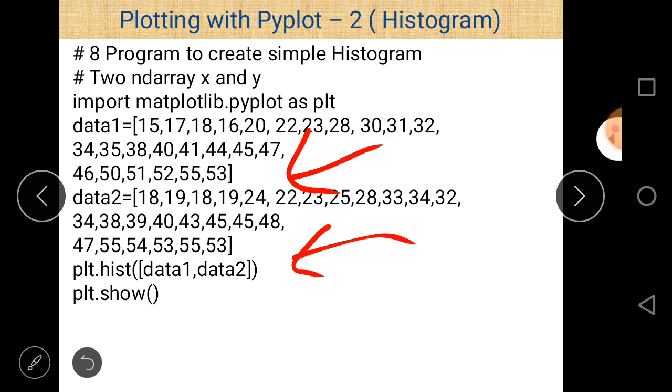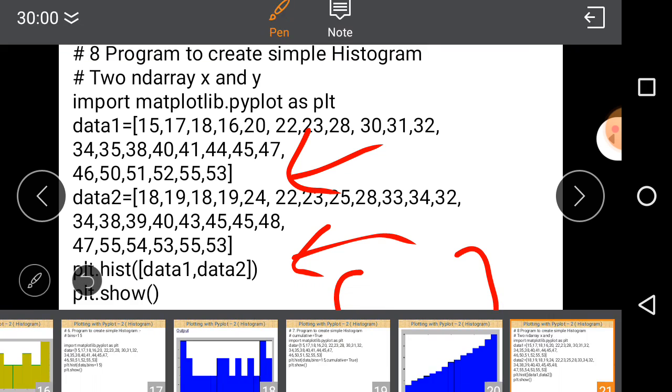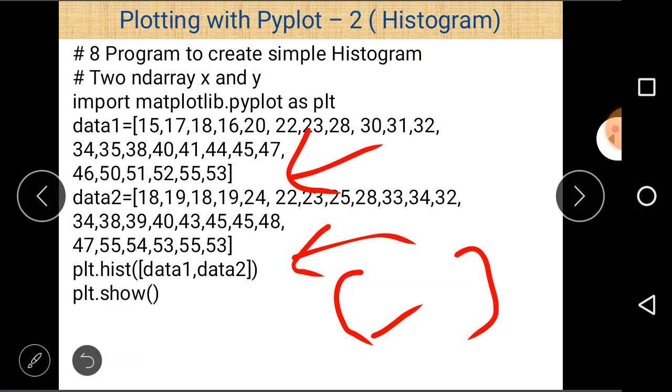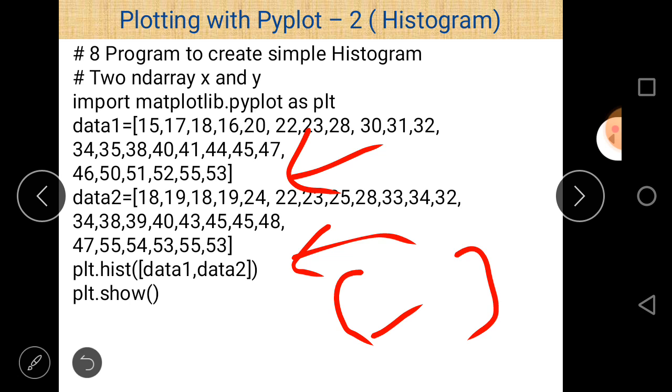What happens if we write two parameters instead of one? First of all, write the two parameters within a bracket. If you don't put brackets, then there is an error. So data 1 and data 2.